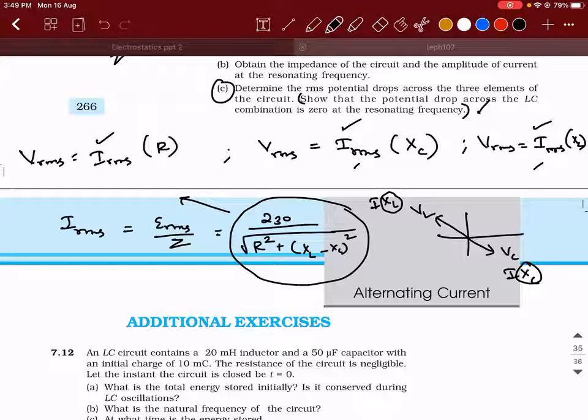So how are you supposed to write it? Had it been subjective, how are you supposed to write this? Since VL and VC are out of phase by 180 degrees, and they have equal magnitudes at resonance condition, not during all the other times. Only during resonance condition they have equal magnitudes and their directions are opposite. That is, you should say that they are out of phase by 180 degrees. That is the reason why it becomes zero. Okay, sir. Maybe this can be asked as an assertion reason question also. So at that time you should have this logic in your mind.